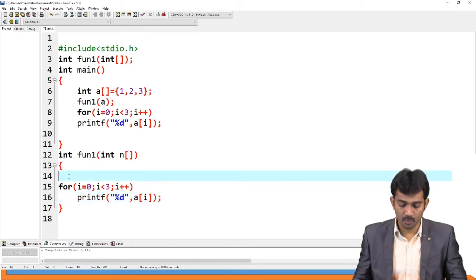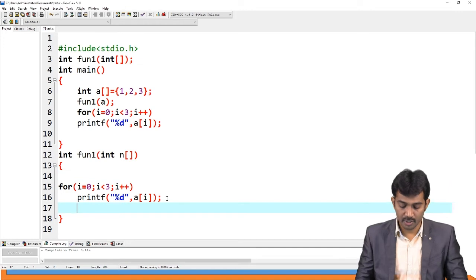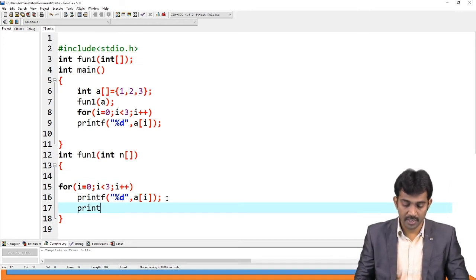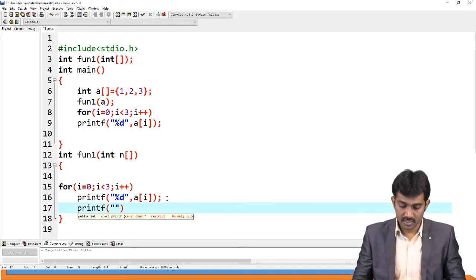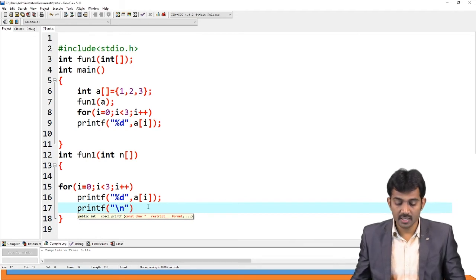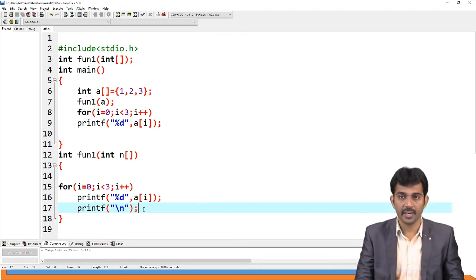Before that, first it is going to print this, printf of slash n, right? See, what data are you going to get here?